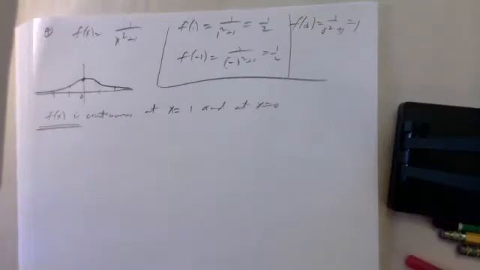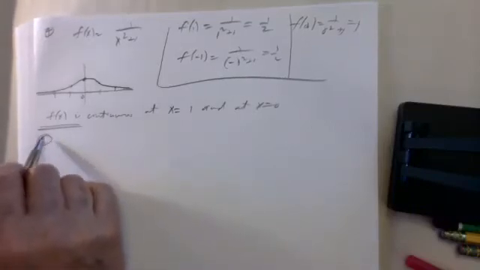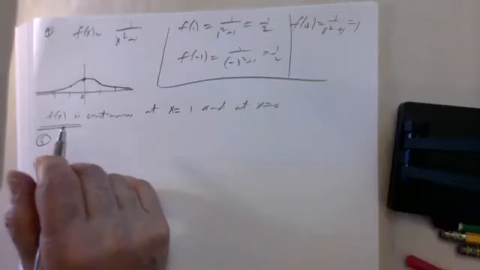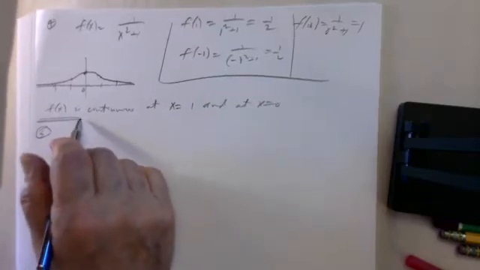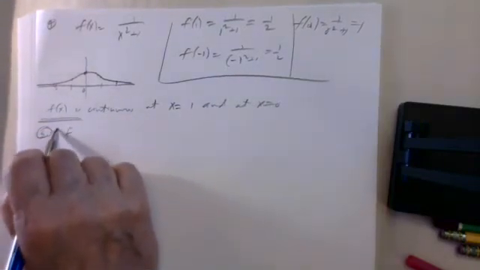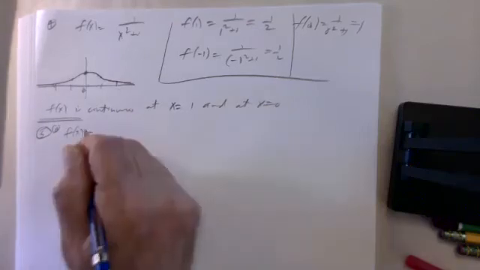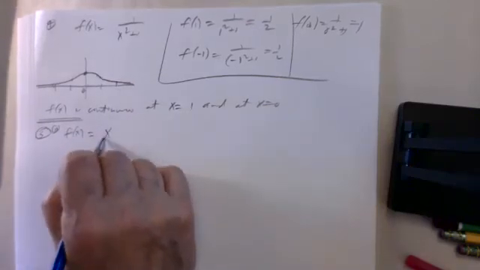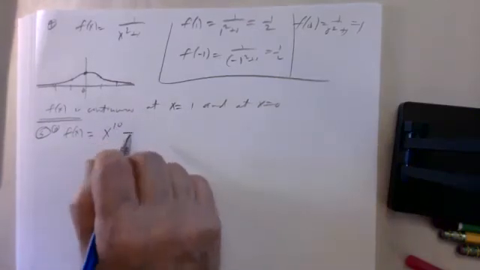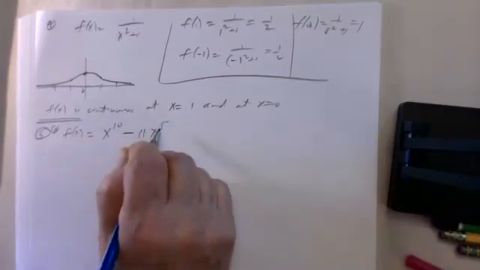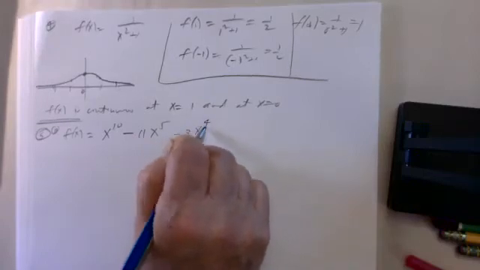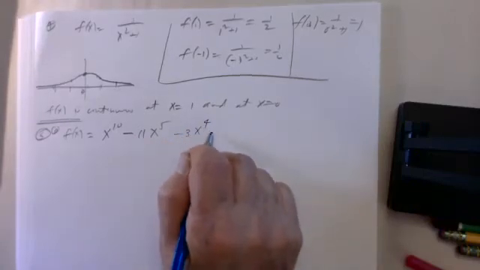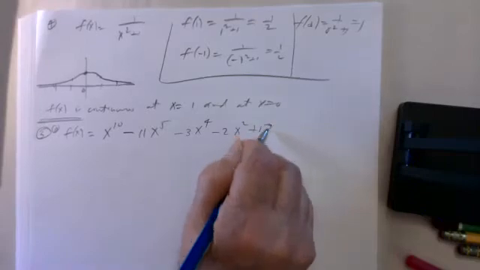Okay. Let's look at number 5. We have a series of functions to differentiate. So if f of x is the polynomial, x to the 10 minus 11x to the 5th minus 3x to the 4th minus 2x squared plus 17,